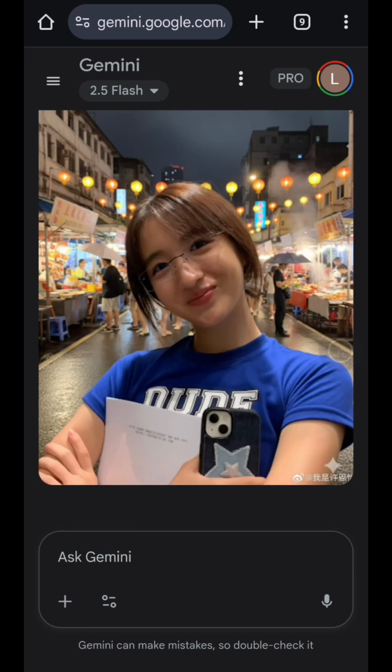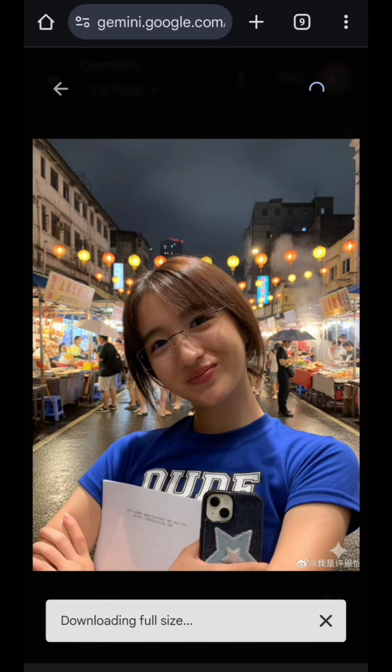And like this, your photo instantly transforms. Although the ratio is not what I expected, the result is good enough. And now what if you want to make a video from your photo? It's easy. Just download the photo like this,